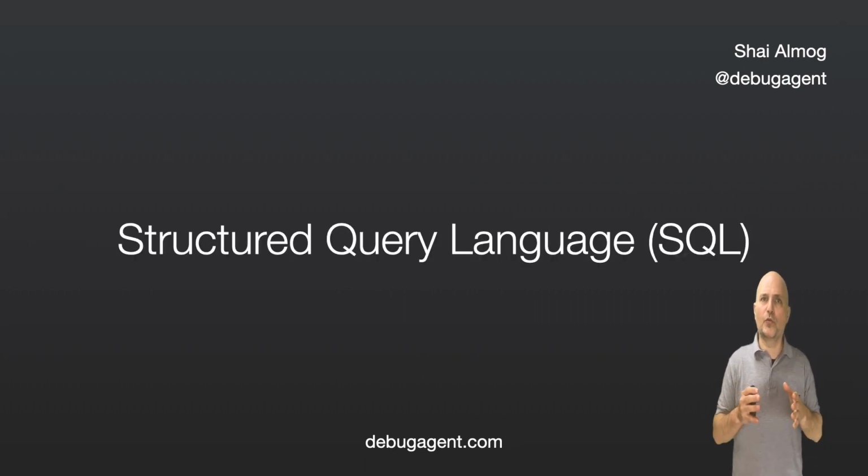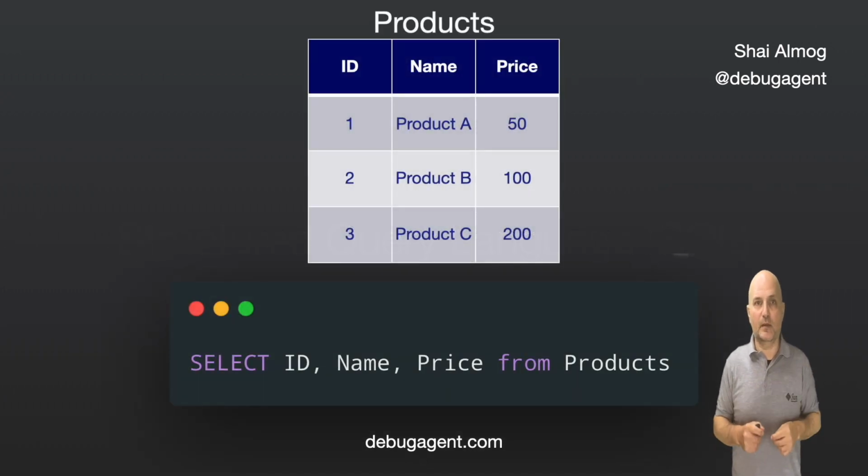We work with relational databases using SQL, which lets us query and update the database. It's very different from the other languages we discussed so far, as its only purpose is working with data. Let's say we want to fetch the content of this table in SQL. We could use a query like this.